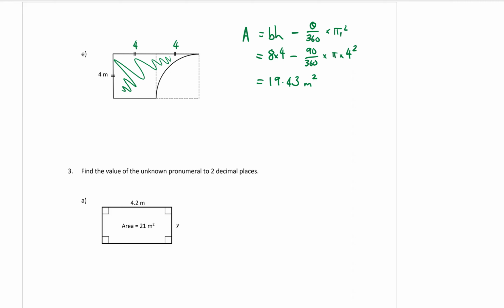Now, there is a question in your book that you're going to do where it wants you to give this kind of question with an exact answer. How would you, do you think, give an exact answer for something that involves pi? Obviously it means that my answer is going to still have pi in it. So what we do instead, just as a side note for when you have to do this, you start from that line there, back to this line. If I wanted to do it exact, so let's say for exact answer,